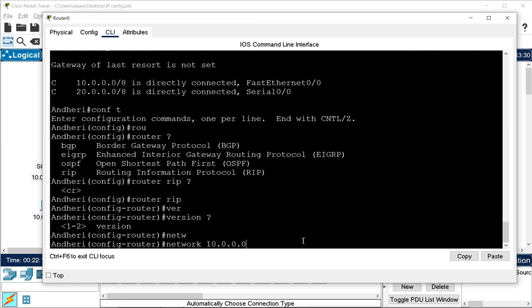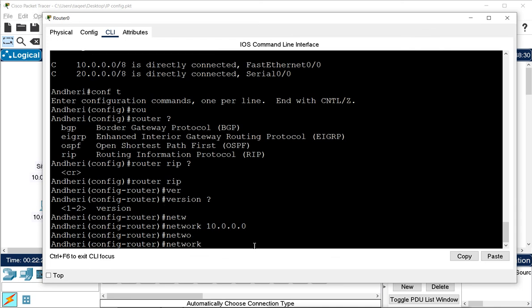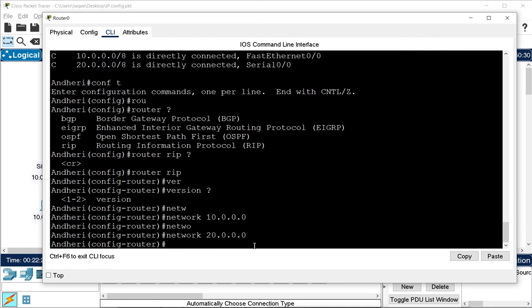Right now I'm not having any subnetting, so this is my default network address. Enter. We have another network, network 20, so I will mention that network also. Now done. I don't have to give any other command. That's it. The routing is done for RIP in this router.